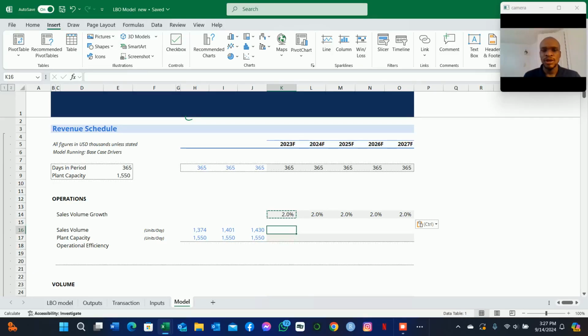So for the sales volume, since it's going to grow at that rate, we know that it's going to be equal to this period, and then we multiply it by